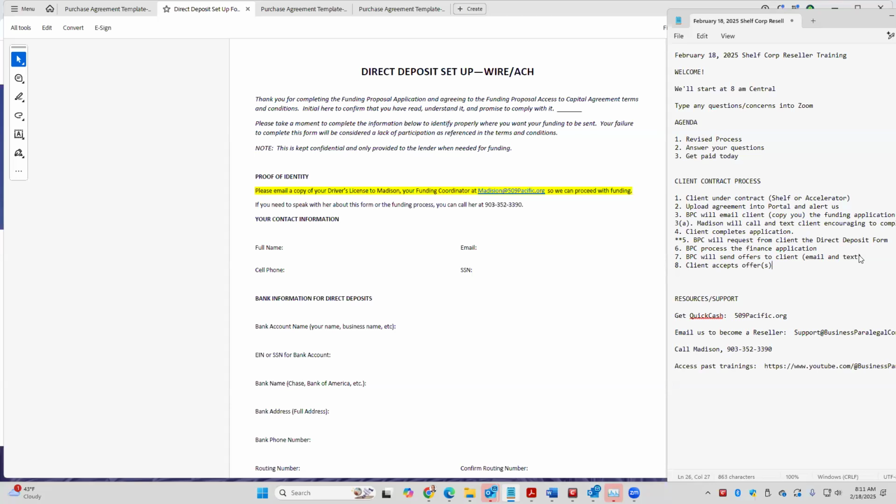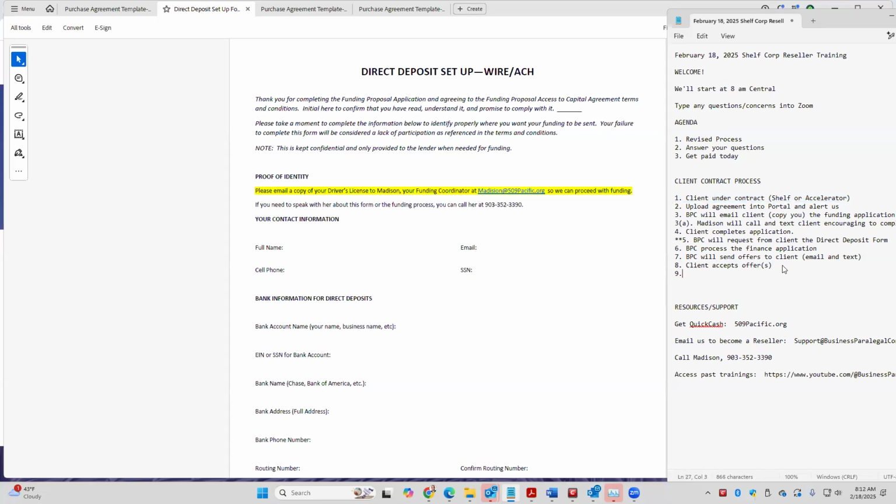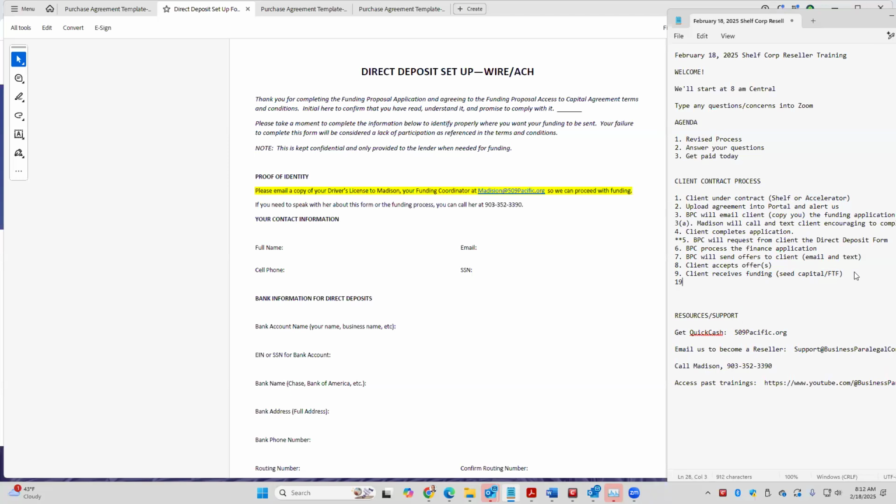They can stack them. They can accept just one. They can accept multiple. It's up to them. But obviously, we want them to accept enough offers to be able to pay you because they owe you for the shelf or the accelerator, whichever one that they purchased. So then client receives funding, which again, we're calling this seed capital or first tranche financing. This is the money up front, not after the shelf has been delivered, not after the accelerator has been processed, up front. So they receive that funding and then they're going to